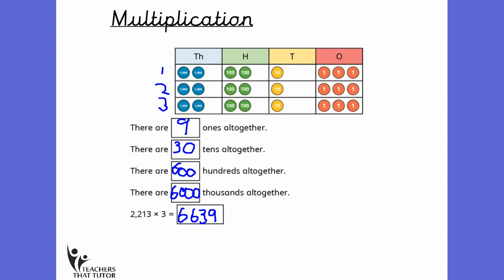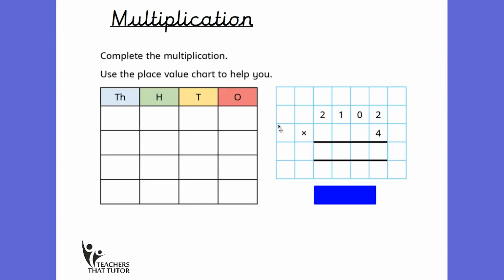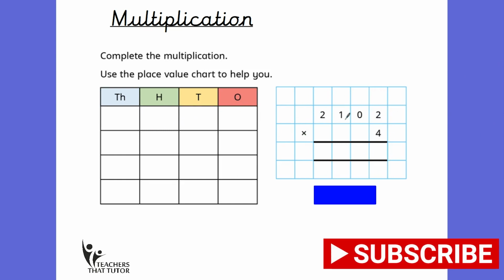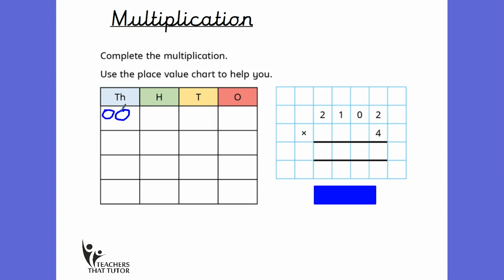Essentially, multiplying is grouping. Now let's look at it in a more formal way. We've got this place value chart here, and you can see we've got the column multiplication on the side. Take the number first, 2,102. We're going to have 2 counters in the thousands, 1 counter in the hundreds, 0 in the tens, and 2 in the ones column. We would need to times that by 4, so essentially we've got 4 groups of